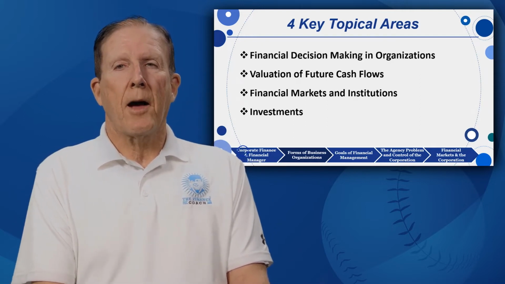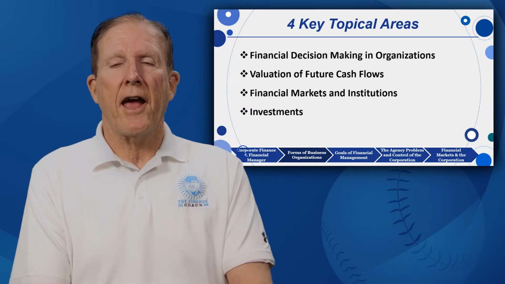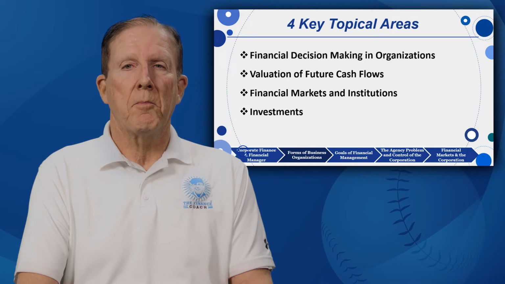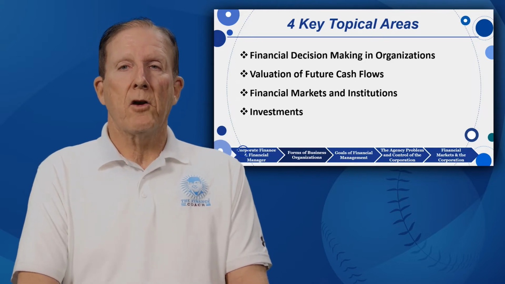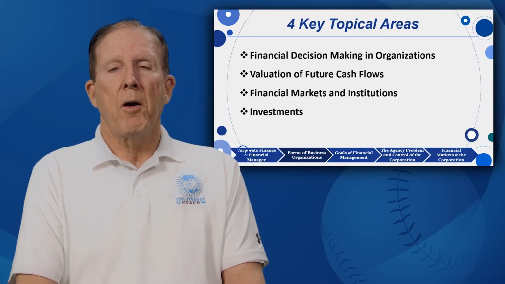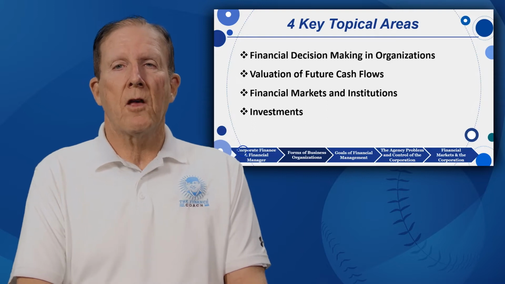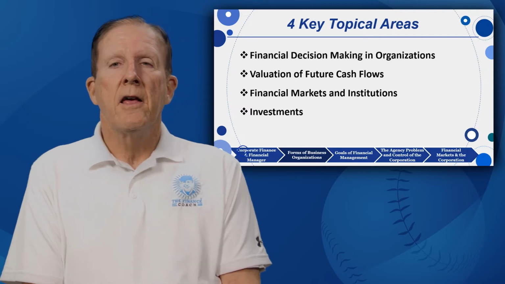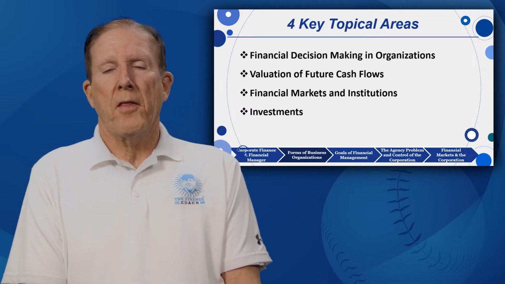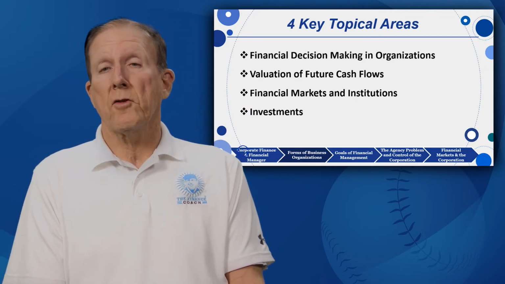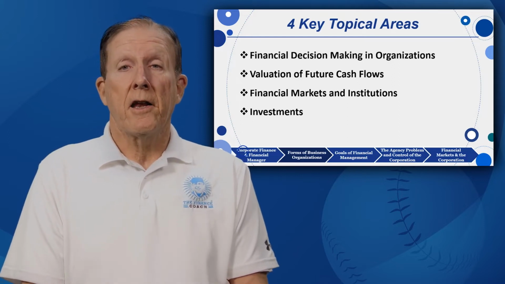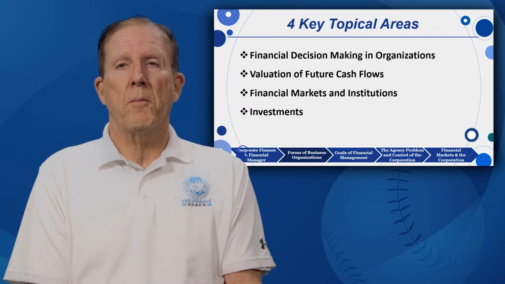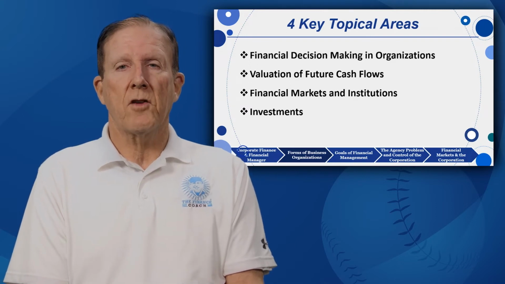Then our second key topical area is valuation of future cash flows. Here we'll talk about why a dollar today is not worth the same as a dollar tomorrow. We'll play some games like Who Wants to Be a Millionaire: what must I deposit today in a lump sum to have $1 million, at, say, a 10% interest rate, in the next 44 years by the time I turn 65? And then we'll also answer the question, can I do it incrementally each and every year, with a little deposit, versus one big lump sum at the beginning?